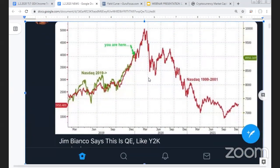Jim Bianco is saying you're right here relative to the .com bubble. And I gotta admit, I like his forecast here. I'm expecting a very bullish stock market as bond yields rise rapidly in the first 2 quarters. After that, I think it'll really slow down and then cause a reversal. But I don't know if this is the big crash that lasts for 2 years going into November, as this